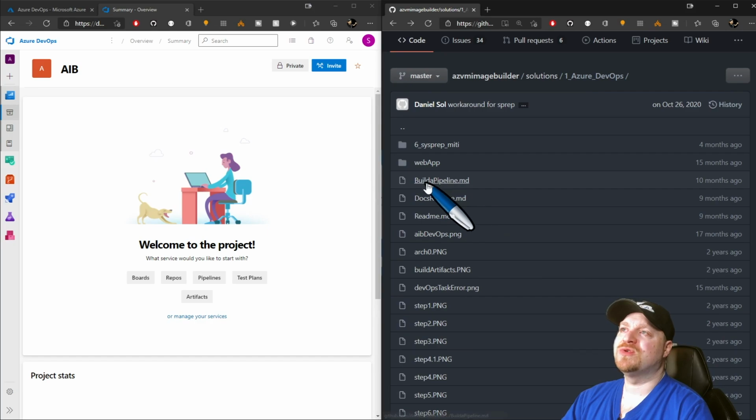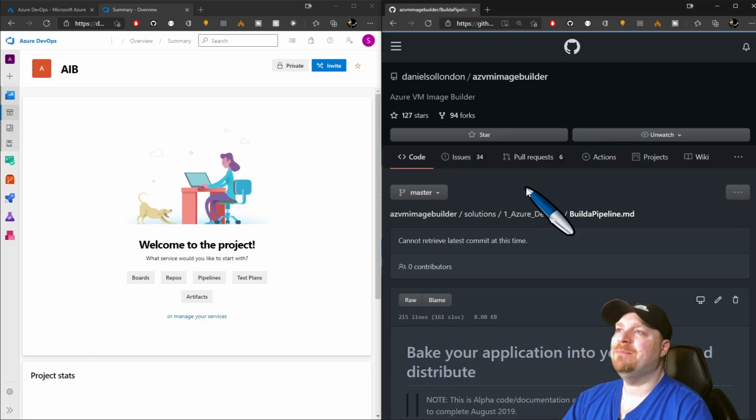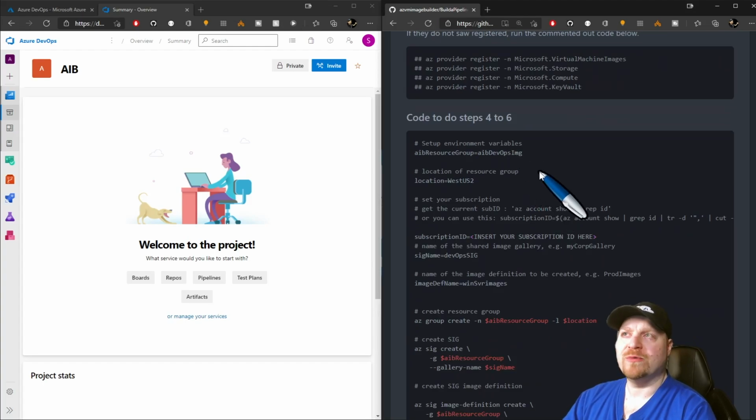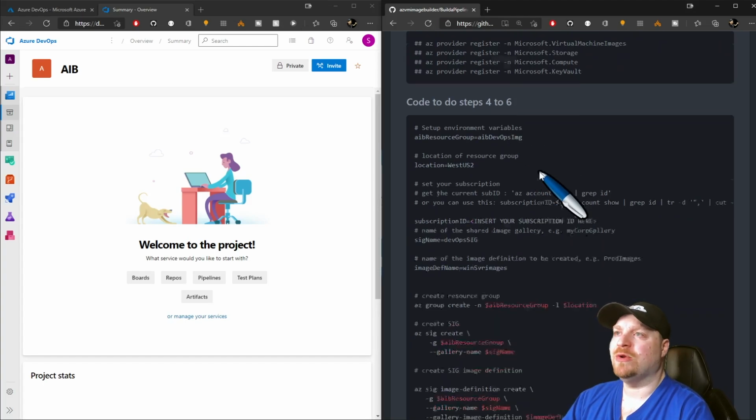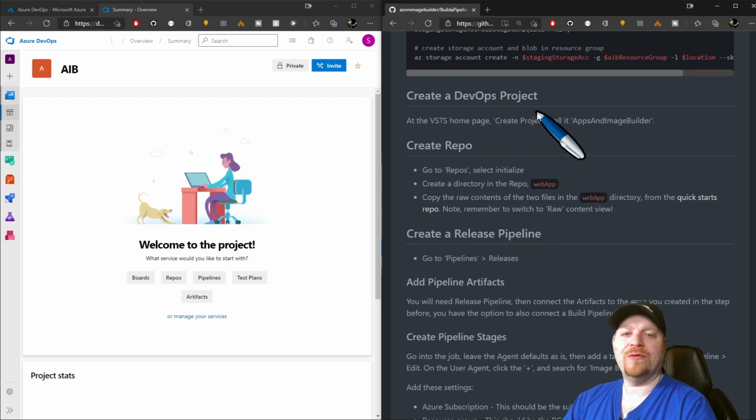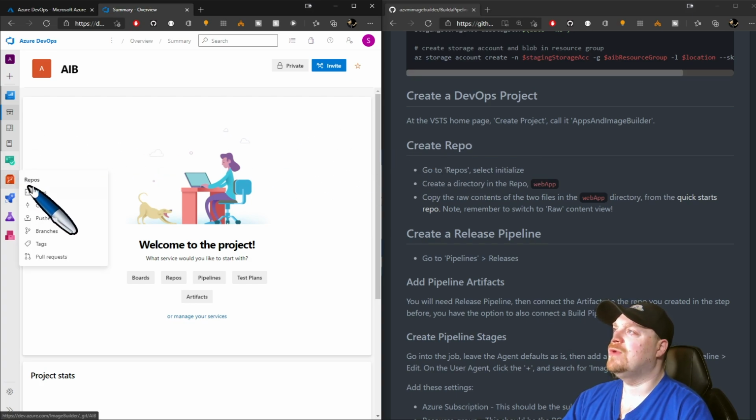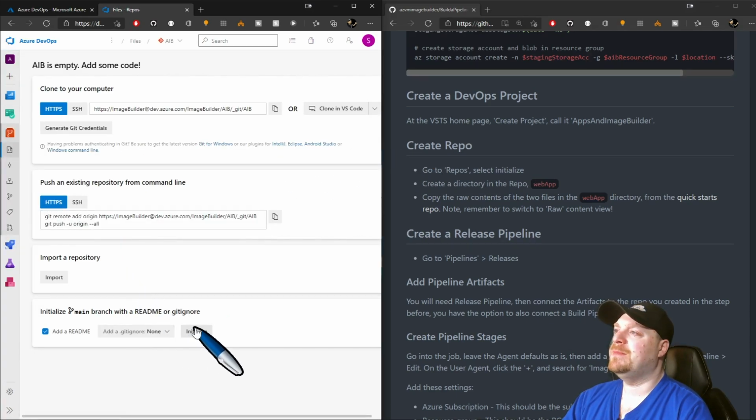And in that DevOps repo, we can go to the build pipeline, and then we can scroll down quite a ways because we've done all of these prerequisites in our beginning steps manually. And you can pick it up right here with create a DevOps project if you need to do those steps. Once your project is created, we can go over here to our repos, and then at the bottom here, click